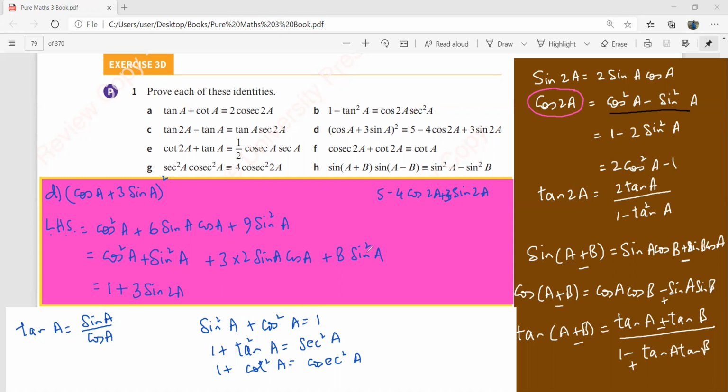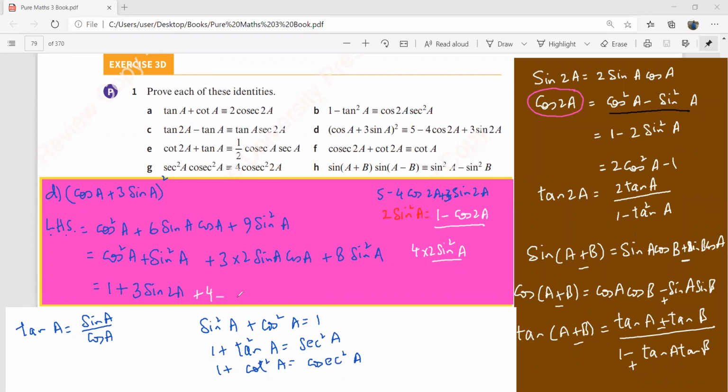Acha, 8 sine square a. We have the identity that 2 sine square a is 1 minus cos 2a. Okay? So I am going to change this 8 sine square a. It means 4 times 2 sine square a. है ना? And instead of 2 sine square a, I'll be writing this. So I have plus 4